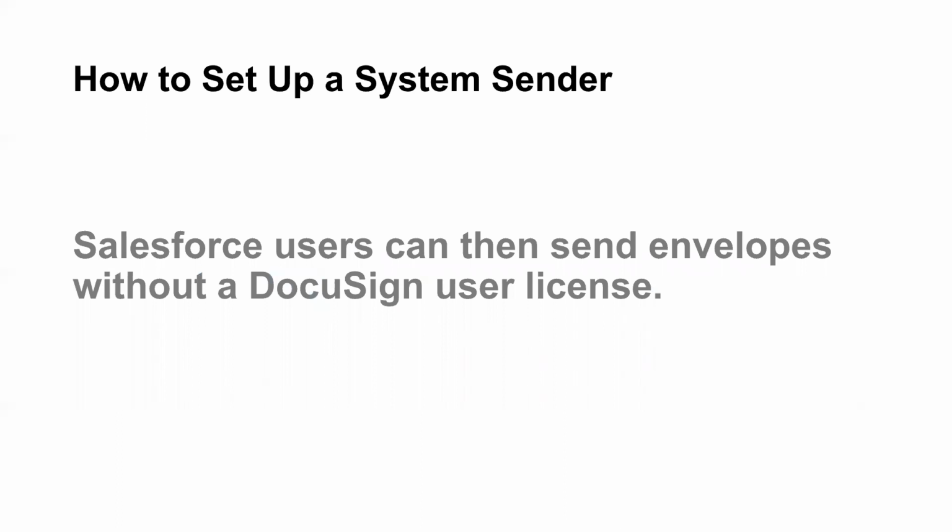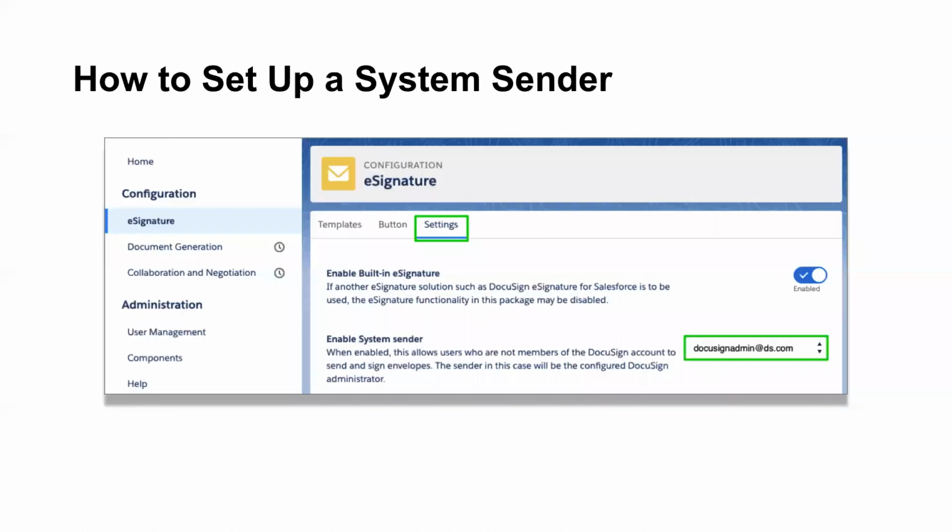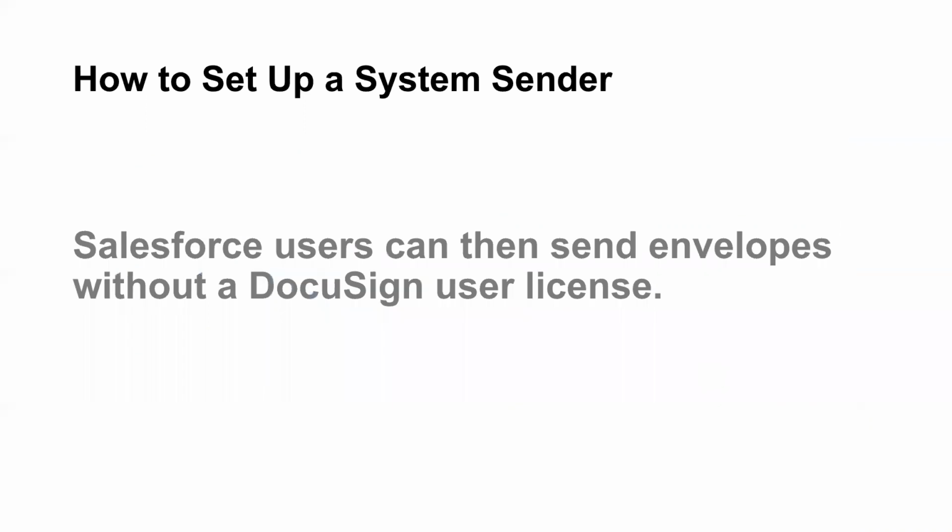If you don't want to keep adding and changing permissions every time someone changes a role in your org, you can just set up the system sender, not worry as much about the licensing issues, and let this system sender send on behalf of other users. When someone receives an envelope from a non-DocuSign user, though, it is going to show up as from the DocuSign admin at ds.com in this case. It won't show up as the non-DocuSign user because we don't know who they are.